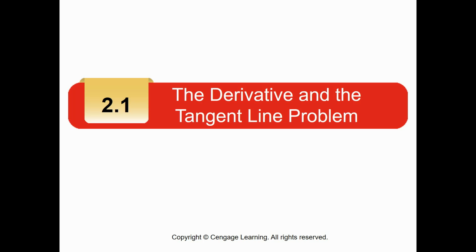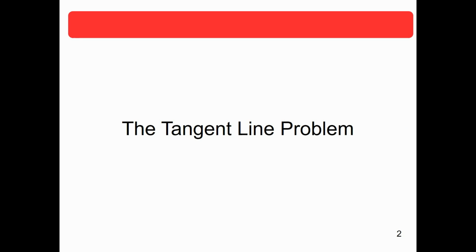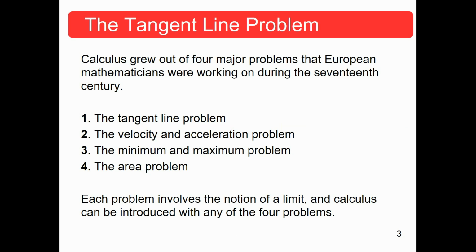So in this video, we're looking at the derivative and the tangent line problem. Basically, calculus grew out of four different problems that the European mathematicians were working on during the 17th century. These four things were the tangent line problem, the velocity and acceleration problem, min and max problem,